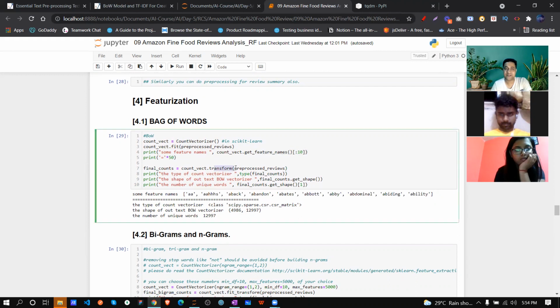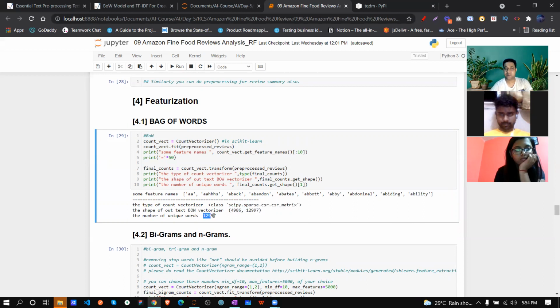Then we need to transform those words for the final counts. And if we do so, the type of the CountVectorizer output is this. See, this is my CSR matrix, because this is my sparse matrix, correct? We already saw this bag of words. We are basically creating a sparse matrix. The shape of the bag of words vectorizer output is this much.